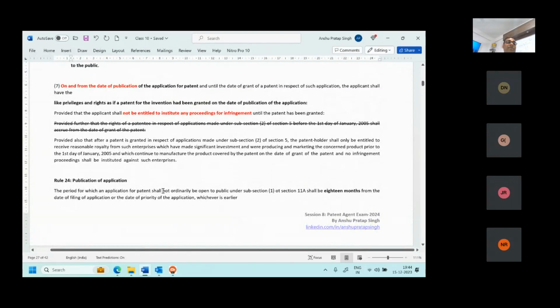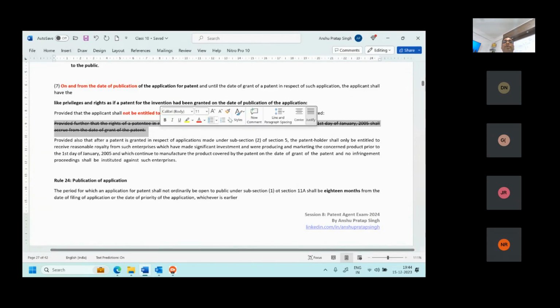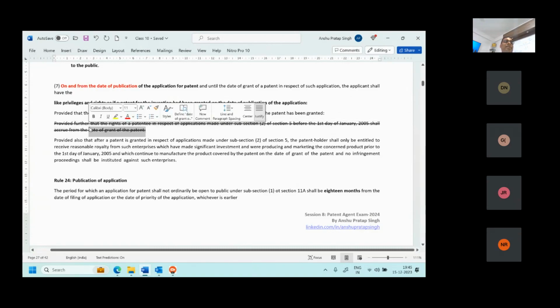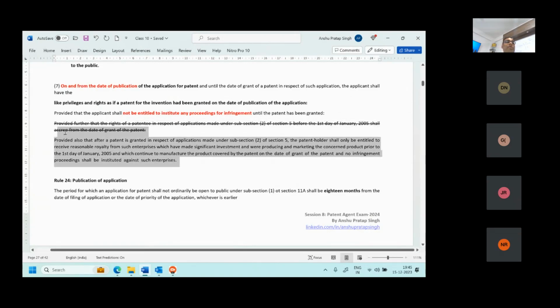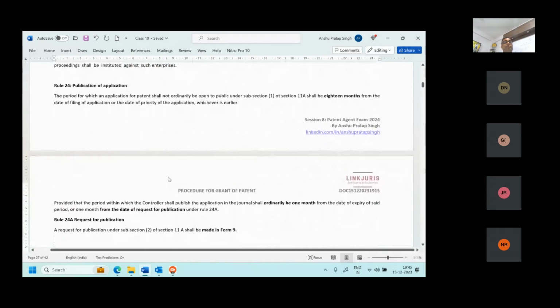Please see, I have cut it because this is no more relevant, since section 5 has been deleted. It is omitted, just lying there. Similarly, after 25, I don't think it will be necessary because all this will also break out. After year 25, 20 years will be completed and there will be no patent holder with respect to 2005. After 25, this will also lose its relevance.